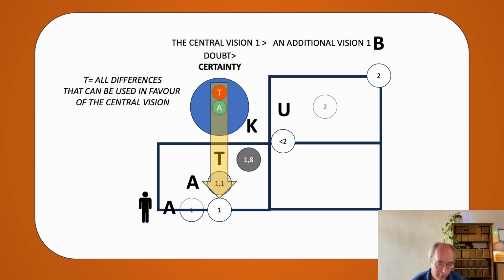If you compare it, the first region, the 1, is a centralized vision. That's my vision. So I have a centralized vision of A. When I add new elements, I add them somewhere in the blue circle there. And it is already slightly off center, but I can still add it. It's still within my range of A in the blue zone. I can use it, so I changed the slight doubt, which is there already, into certainty. So I can still use all the differences in favor of my central vision. That's my second